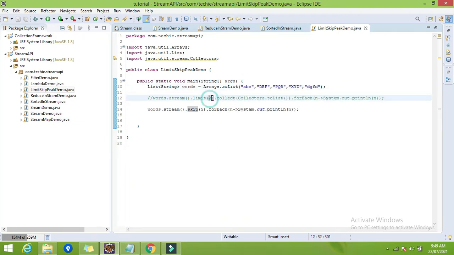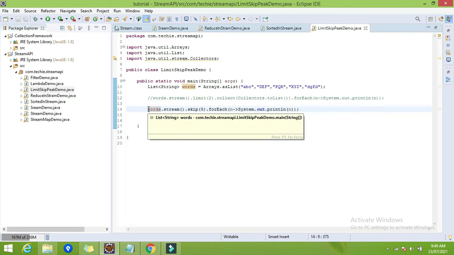If we give 2, it will consider only 2 elements. But in case of skip, whatever number we give as a parameter, it will exclude that number of elements from the stream and process the remaining ones. That is all about the skip.